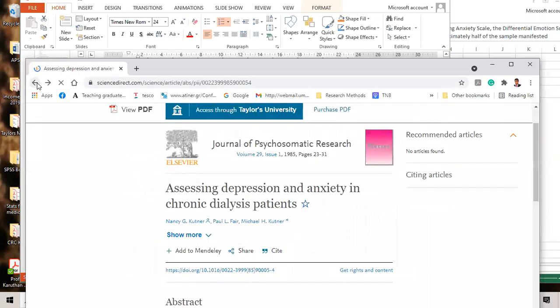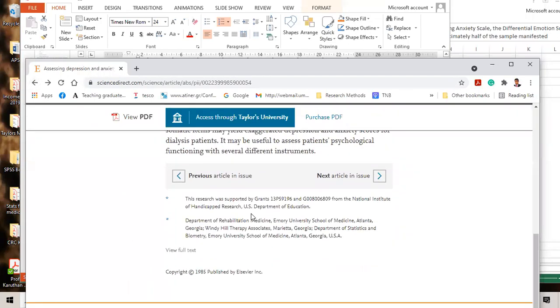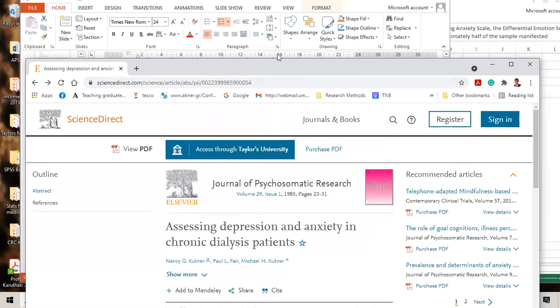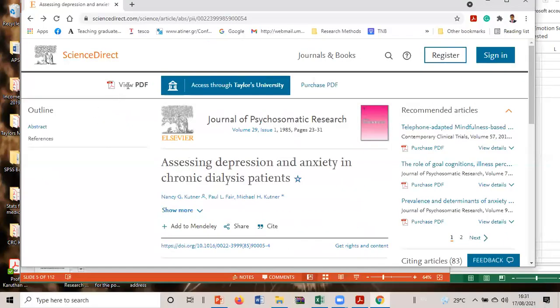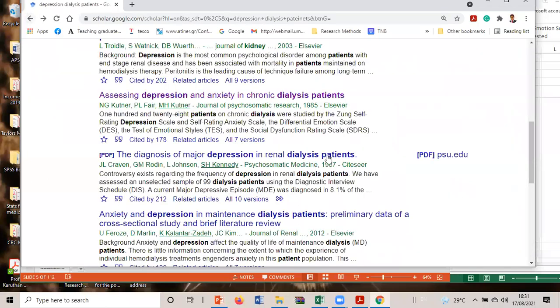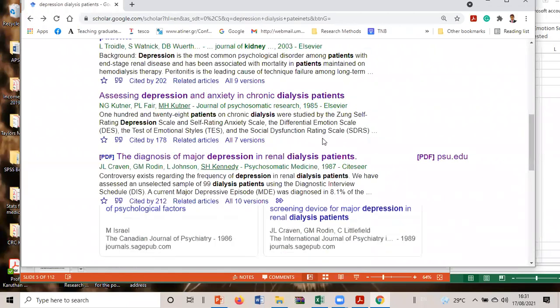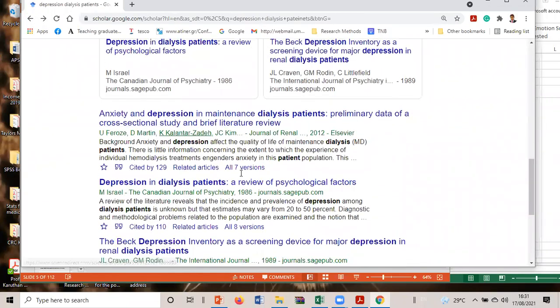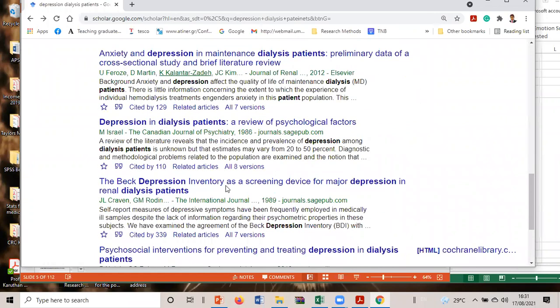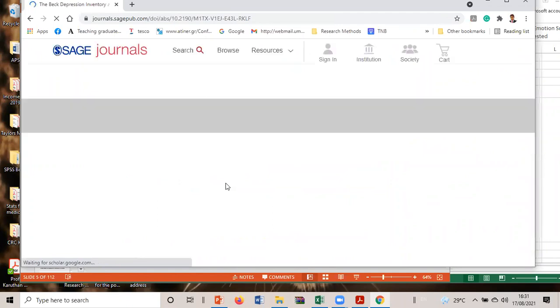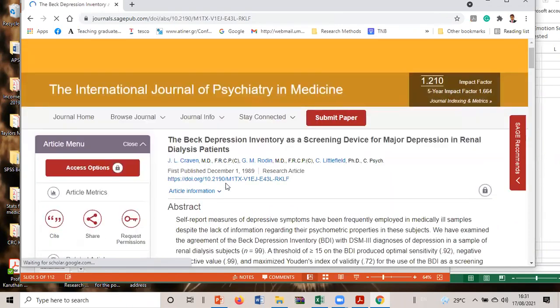The full content is not given here, you must buy it. Search for articles that are free. So keep on searching until you have sufficient evidence.